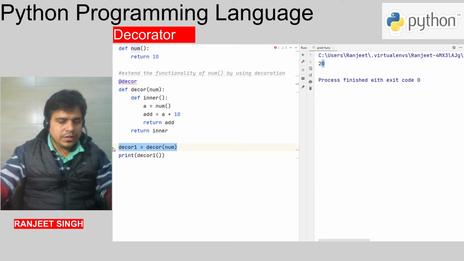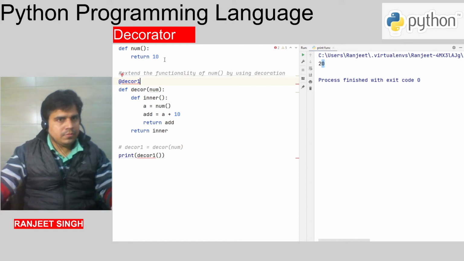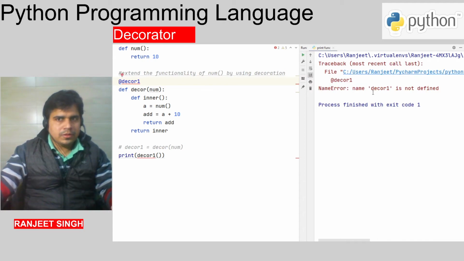Suppose we comment it here, suppose decor is not defined. Suppose we take decor, what will happen?